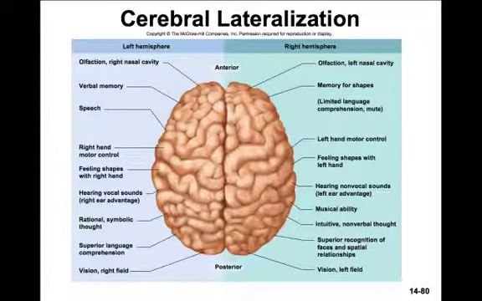So that brings us to the end of our section on integrative functions in the brain. Spend some time reviewing this material before you move on. Next, we'll go into the cranial nerves. You'll really want to